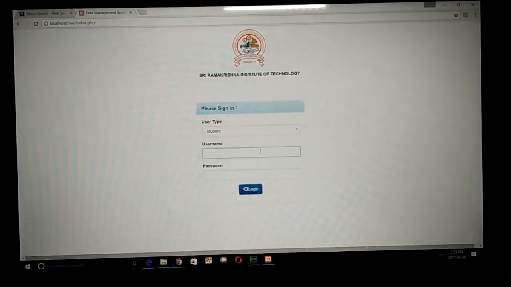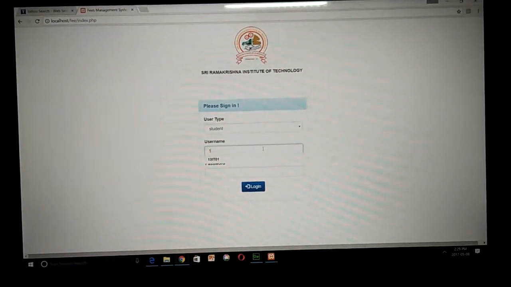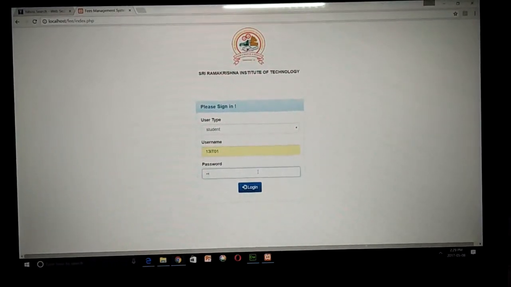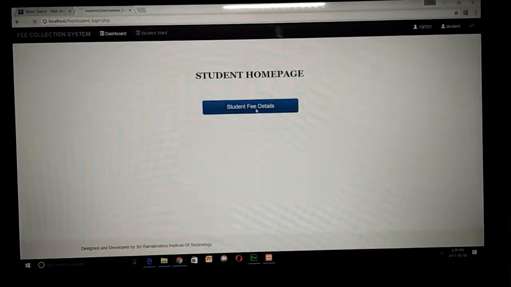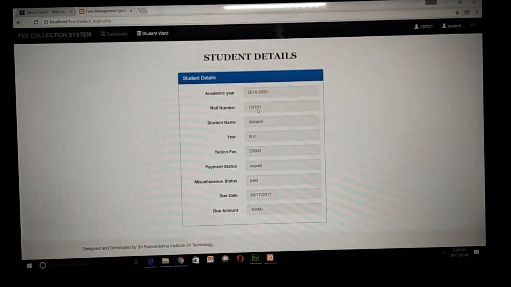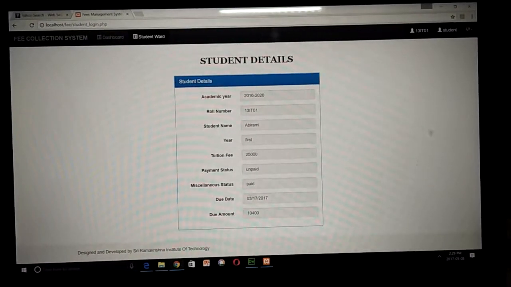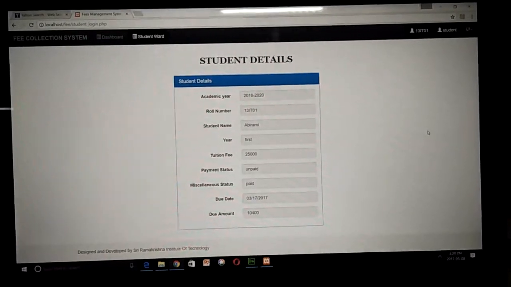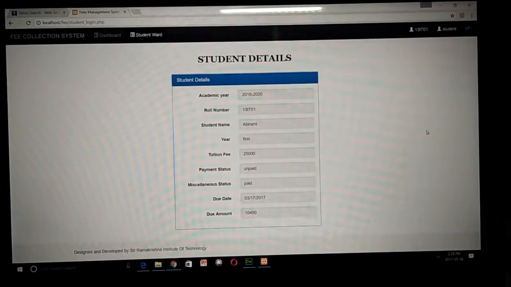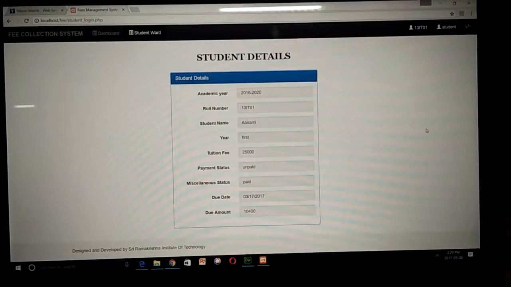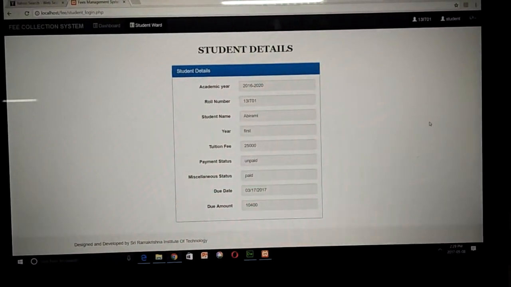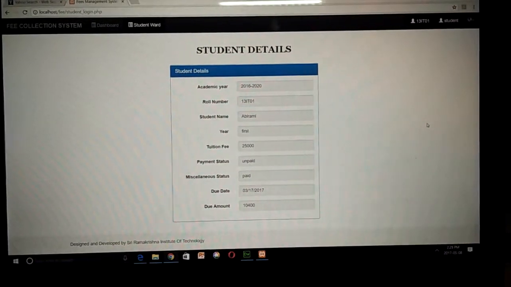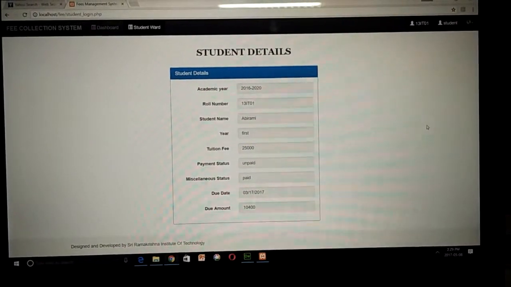And this is for student login. The student enters his username and password, and once he logs in, he will be shown the home page, which contains student fee details. Here all the details of students will get displayed automatically. This is for viewing all the details. And once they log out,